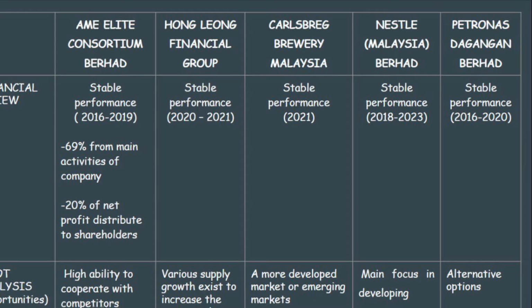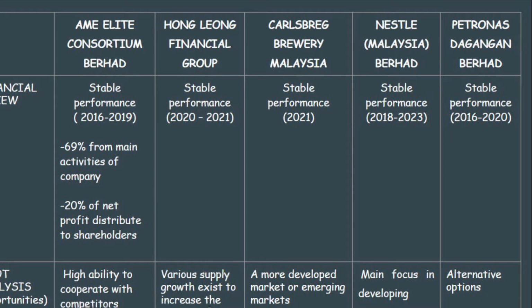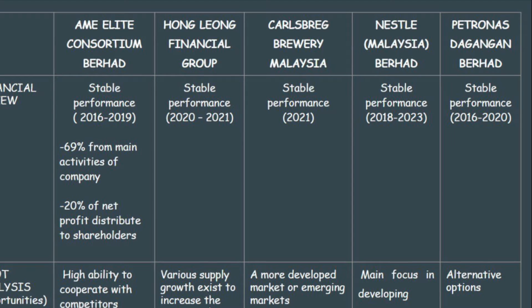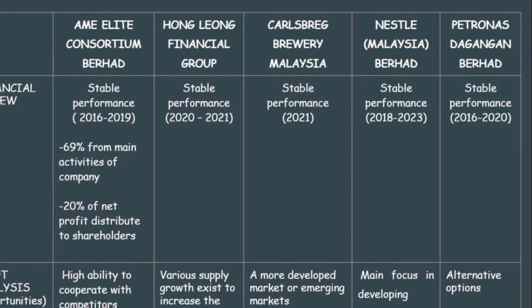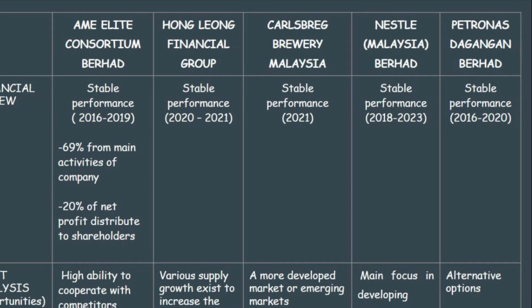What is emphasized here is that these two companies are still showing good quality of financial performance and they are still able to grow well. Next is the financial review for Nestle Malaysia Berhad. Nestle showed good financial performance and high potential during the 4 years of analysis, starting from 2018 until 2021, and they even predicted that in the next 2 years, which is 2022 and 2023, they will still maintain the market with the estimated profit amount increase.